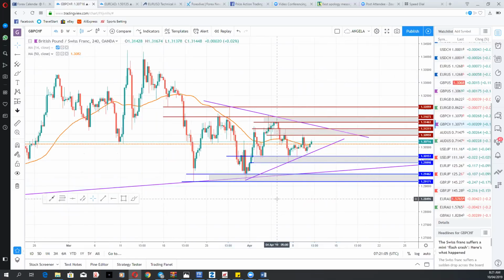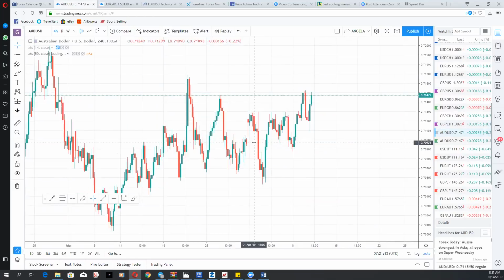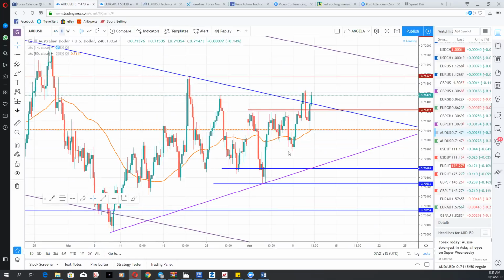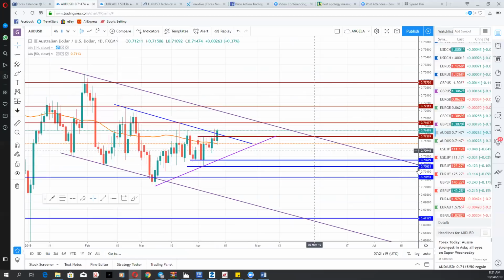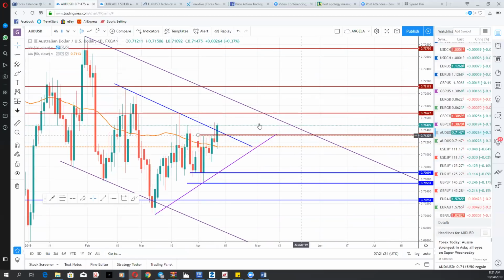So the best thing is just to play the trend, know where resistance is, know where support is, and take the trade as it comes into any of those areas. Next, what we'll be looking at is AUDUSD. So if we look at this pair,